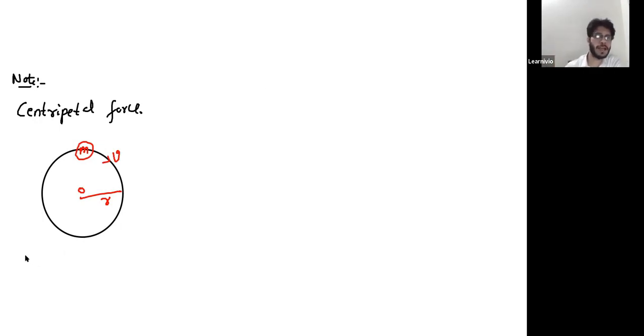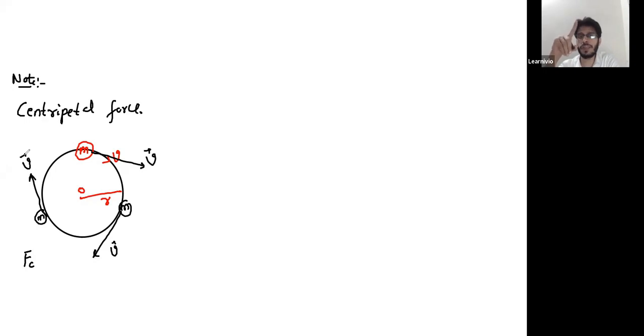So the centripetal force acting on the body is, basically when this body moves on the circular path, direction of its velocity will change. This is the direction of velocity at this point. When body comes at this point, the direction of velocity will be this. When body will come at this point, the direction of velocity will be this. So throughout the circular path, the direction of velocity will keep on changing. So you need a force which will change the direction of velocity. It's Newton's first law, law of inertia. Body cannot change its direction of velocity on its own. To change the direction of velocity, it will need a force. So to change the direction of velocity in a circular path, it will need centripetal force.